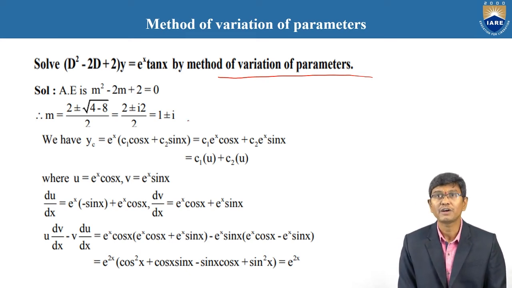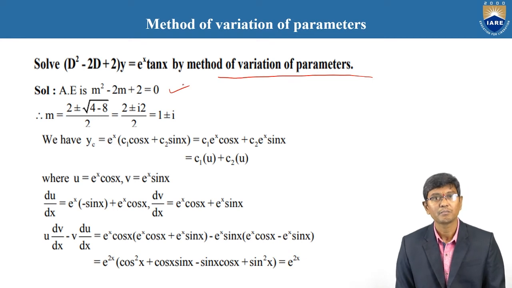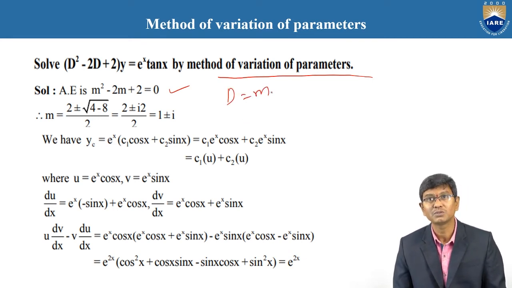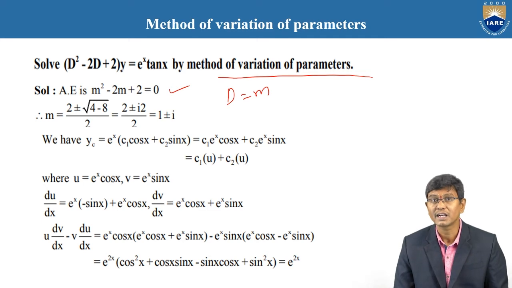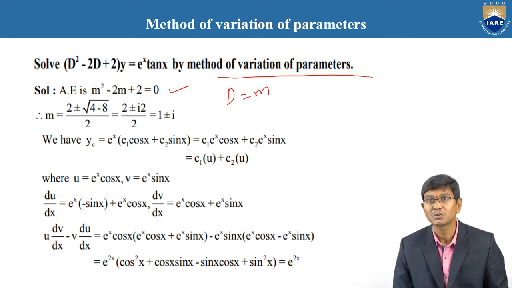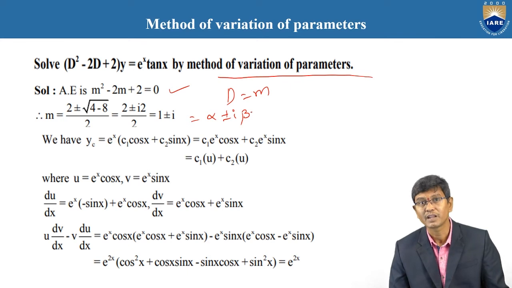Now we need to find the auxiliary equation by using D equal to m. Therefore, m square minus 2m plus 2 is equal to 0. It is also a second order differential equation. While solving it, we obtain m is equal to 1 plus or minus i. Therefore, it is in the form alpha plus or minus i beta, using the complex roots, the third type.